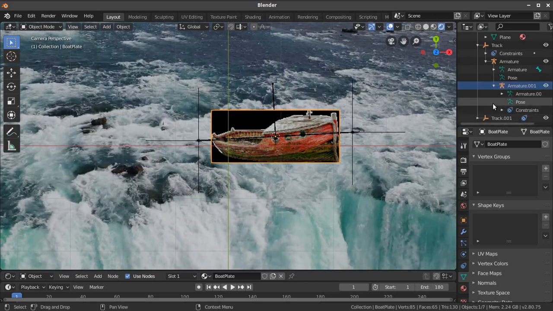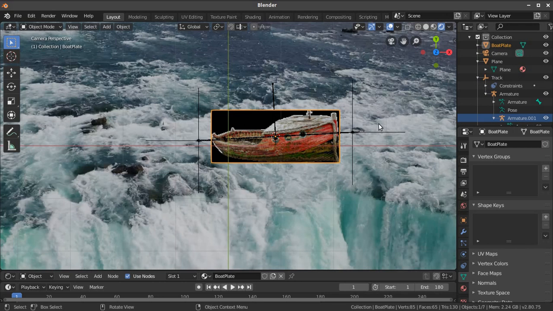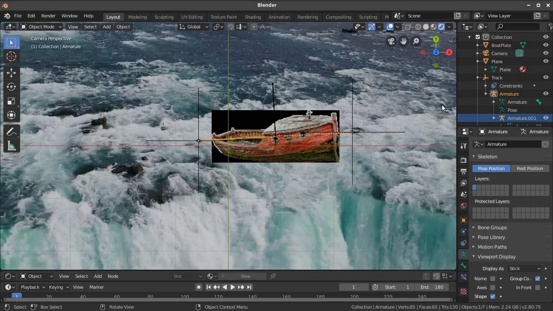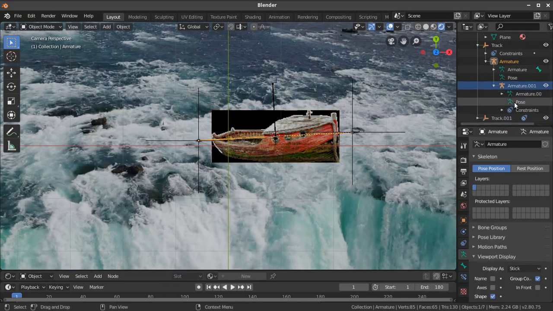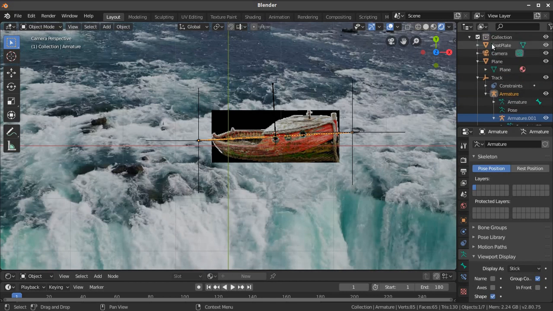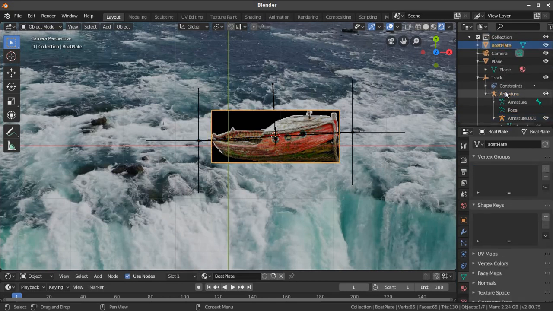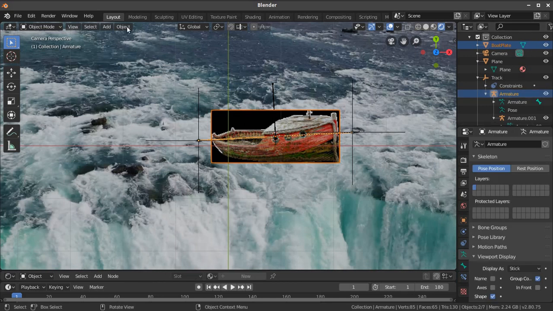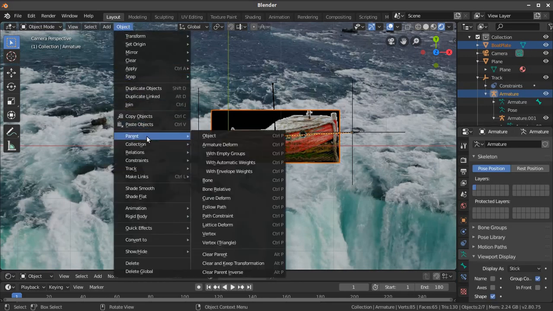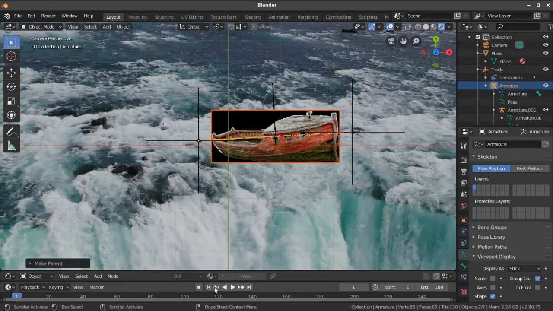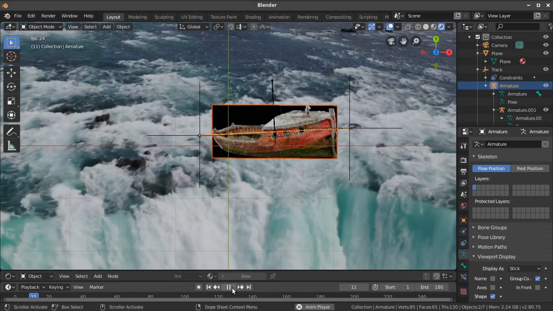We're going to take our boat plane here, and we're going to parent it to the first bone. Okay, so the first armature, which is this one right here. So I'm going to select the boat. I'm going to select the armature. I'm going to come up here to Object, and I'm going to hit Parent to Bone. Now, if you notice what happens here as we go along,